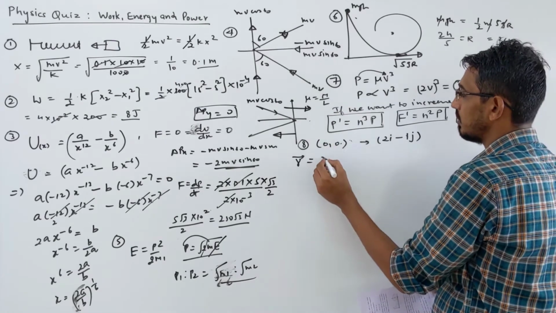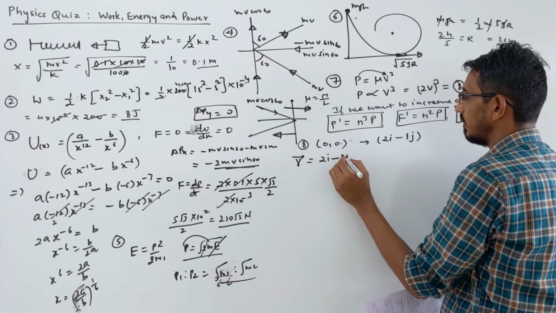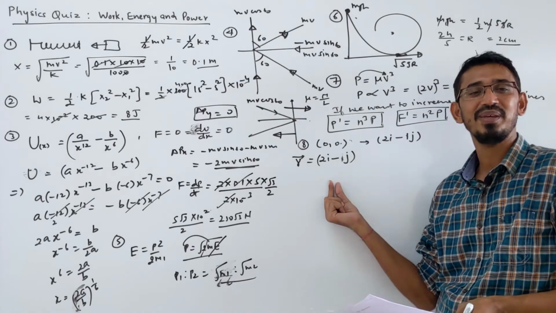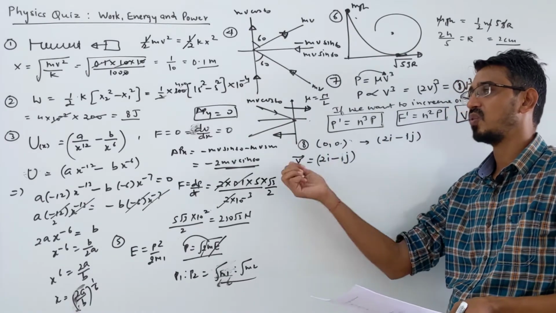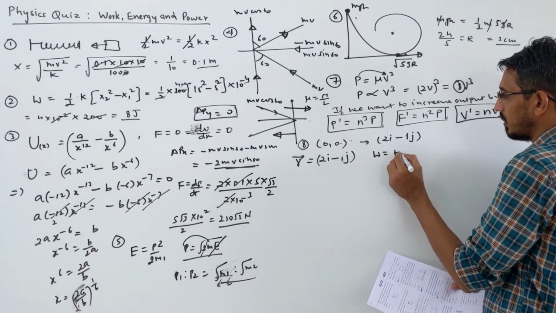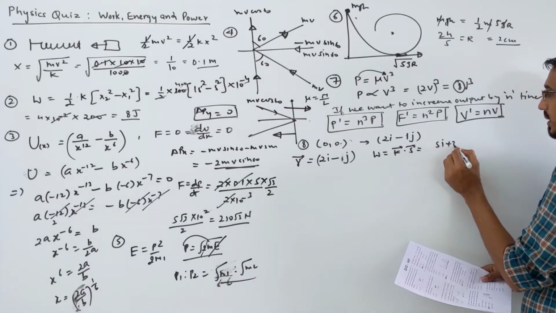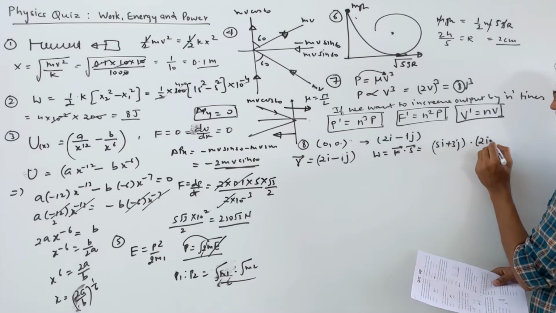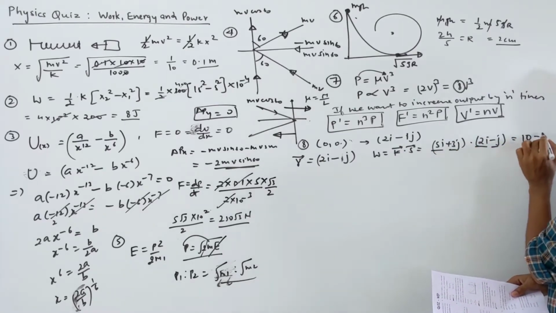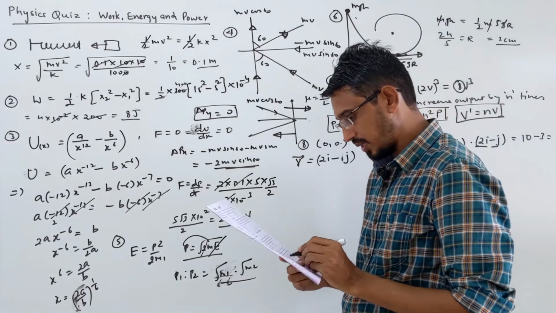So 2i minus 0 means 2i only, and minus j minus 0 means minus j only. So this is the correct way. Exactly the same is coming, because here origin is given, but the correct process is always final minus initial. Then we have to find work done in vector form, F dot S, that's called your work done. Force is already given, 5i plus 3j, so it's a simple problem, and displacement 2i minus j. 5i times 2i becomes 10, 3j times minus j becomes minus 3, that becomes 7 joule, right?